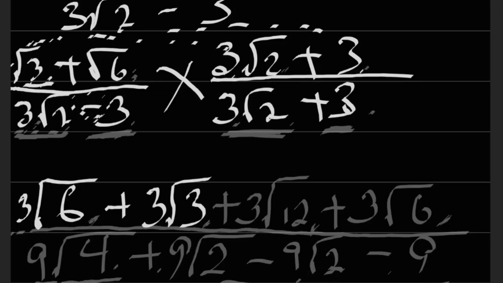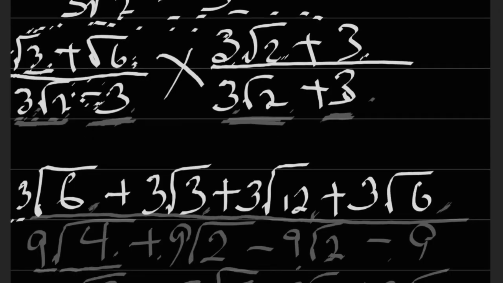Then we move to the second one. That will be root 6 times 3 root 2. That will be 3 root 12, because 2 times 6 is 12. Plus root 6 times 3. That will be 3 root 6. Everything all over